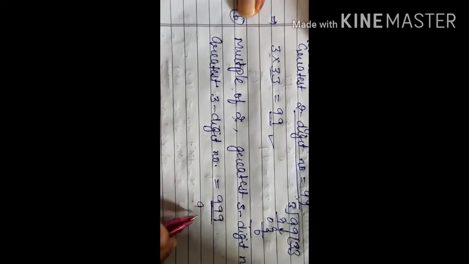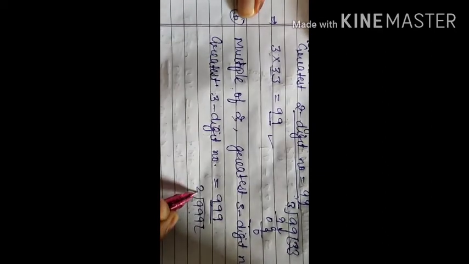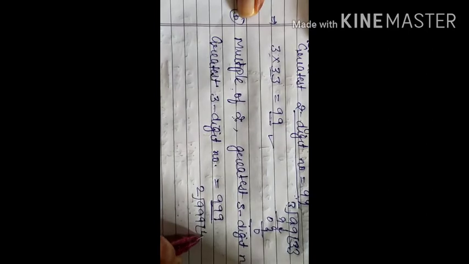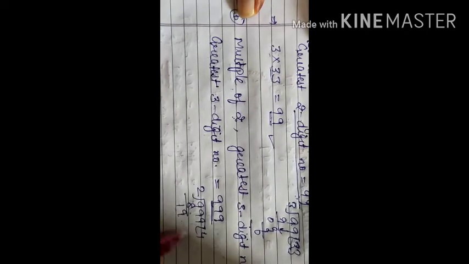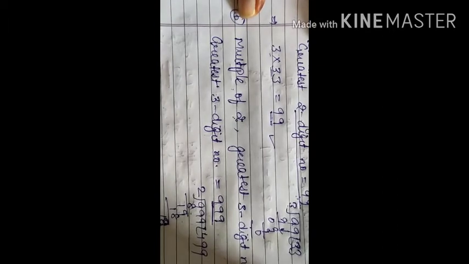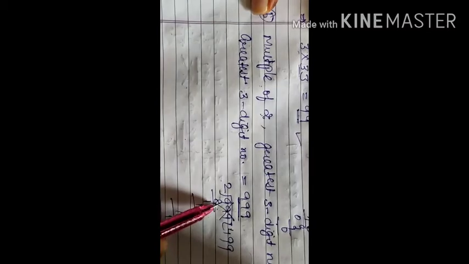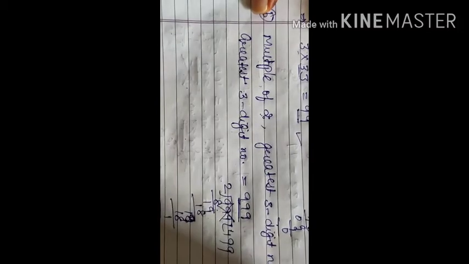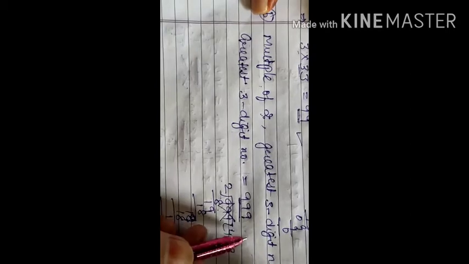So let's see 999 divided by 2. So 2 fours are 8, then 1, 19, 9 twos are 18. Division you know, so I hope you will do it by yourself. 19, so 9 times 2 is 18 and the remainder will be 1. That means in this case you are not getting remainder 0. That means this is not a multiple of 2. So then what will we do? Let's try the next number.